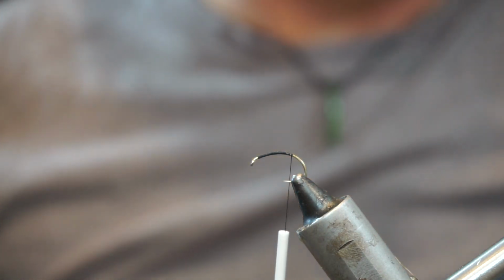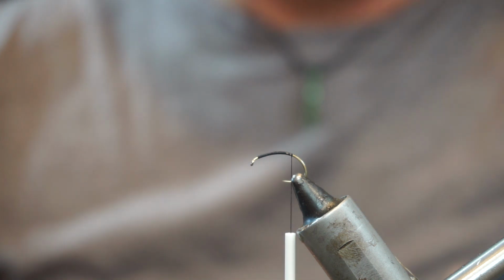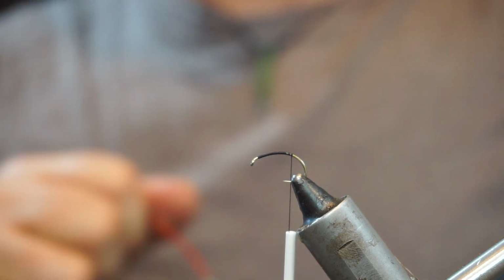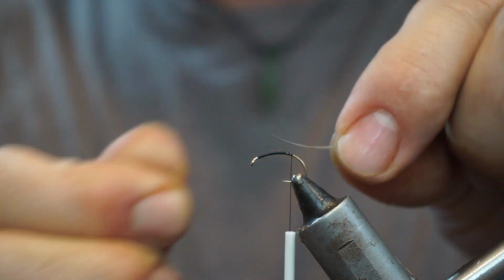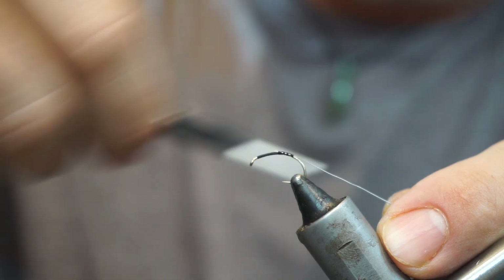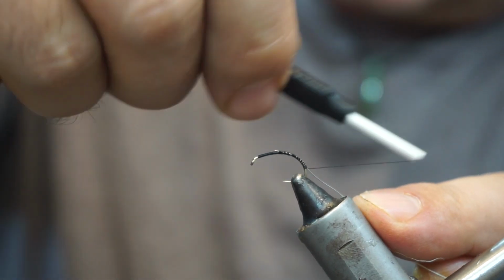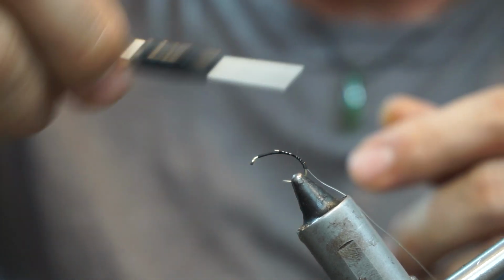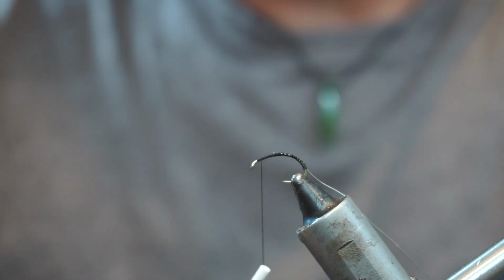So what we're going to do is we're going to take the wire that we got. I've stripped this off a bit, and I'm going to take off a wire from that, and we're going to use that as the ribbing for our fly. So that keeps the fly together, and it'll add a little bit of weight as well. So I'll take that down around the bend, because these little insects tend to be curved,